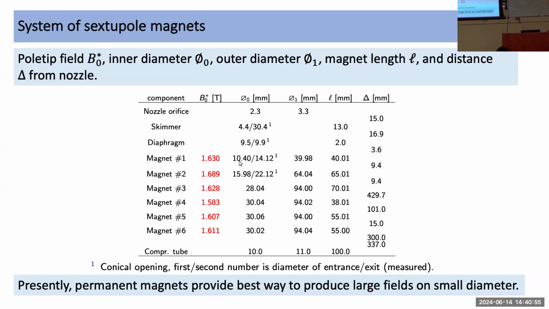So we have really small inner diameters down to 10 millimeters, and the fields we can reach currently with these magnets is close to 1.7 Tesla. So the progress in this field is measured really in small units. But if somebody comes up with a way to make much stronger magnets, we can build much better sources. It's limited by the magnetic field that you can use to separate the spin states. So currently, these permanent magnets are the best way to produce a large field gradient on a small diameter. You cannot do better